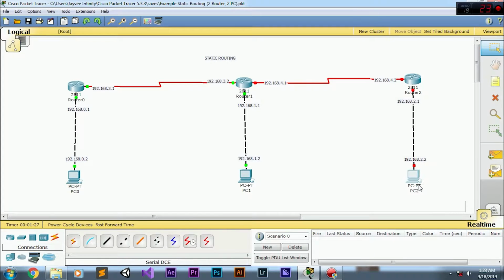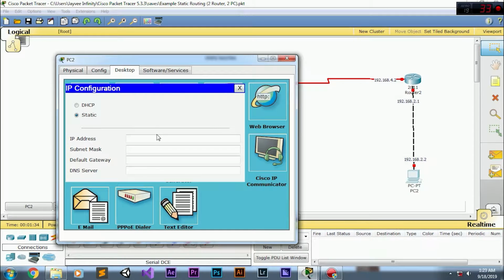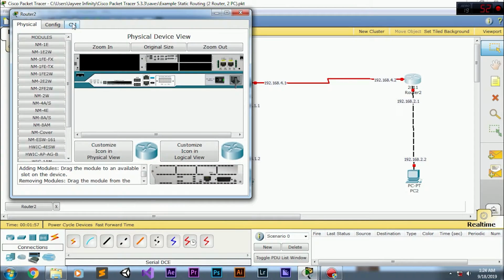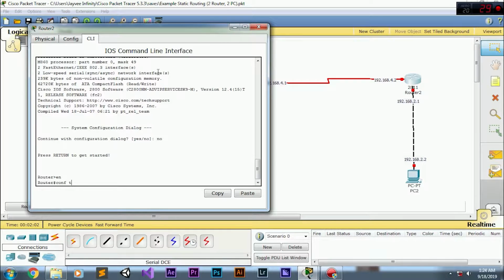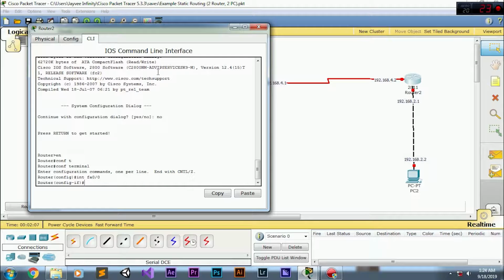First, configure the IP address and the subnet mask of PC2, which is 192.168.2.2, subnet mask of 255.255.255.0, and default gateway of 192.168.2.1. So close it and click router 2, go to CLI, type no, enable, config t, int fa 0/0 and IP